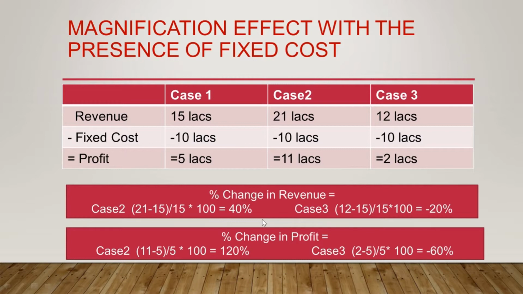And why is this happening? Because there is the presence of only fixed cost, and this is magnifying the impact. So if the condition is favorable, like if there is a positive 40%, our business is doing good because of some reason, the sales are increasing, we are doing well with our marketing strategies, the presence of fixed cost would magnify the impact on the profit and we would get a better profit. But if the economic scenario is not favorable and our business is not doing well, it would result in a magnified loss as well, where we can see we are getting negative 60%.